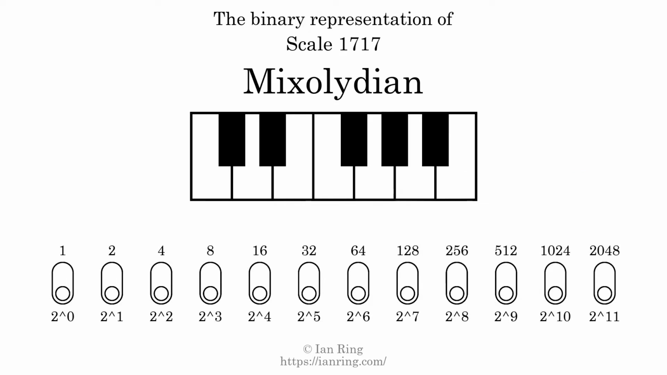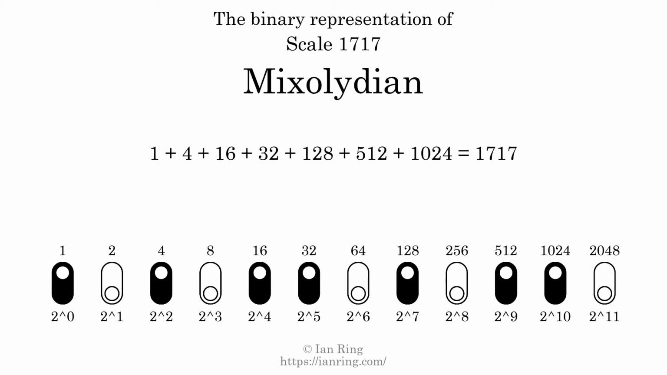The binary representation of this scale is determined by mapping tones of the scale to binary digits. Each binary digit represents a power of 2. To get the scale number, we add the powers of 2 together. The powers of 2 that are present in the scale, all added together, equals 1717. That is why the scale number, in decimal, is